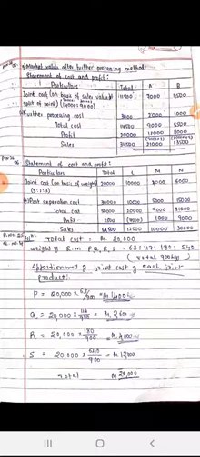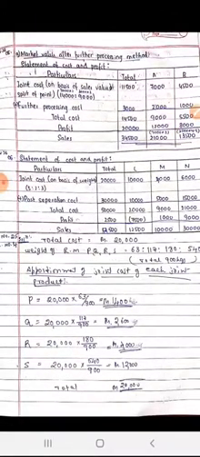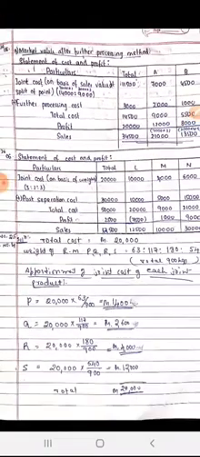So we have to divide the joint cost on the basis of the ratio of sales value at split off point. Under all these problems, only one thing: how to divide the joint cost, here under the sales value at the split off point. See the statement of cost and profit. Joint cost on the basis of the sales value at the split off point. Sales value at the split off point is nothing but the selling price at split off point.